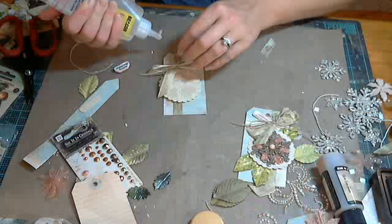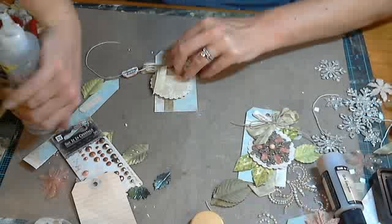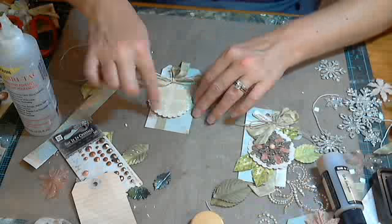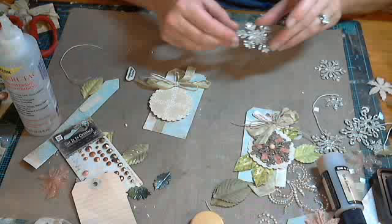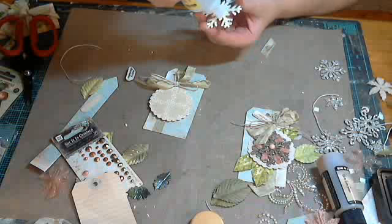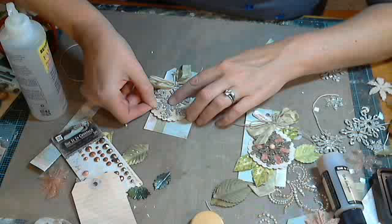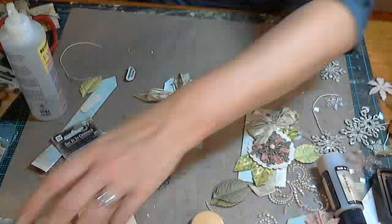Then I'll take my glue and glue right underneath my bow, so it'll hold the pins, it'll hold the circle, everything in place. And I'm going to go with my biggest snowflake, and that's going to go right down into the background of that circle, right in the center. Then I'm going to grab